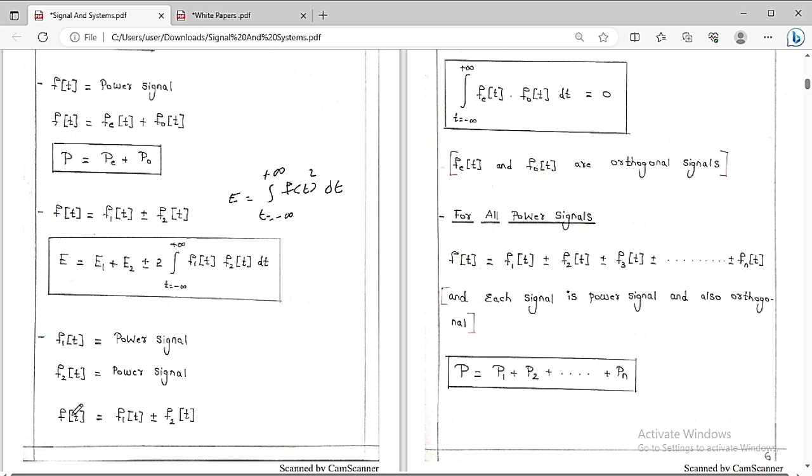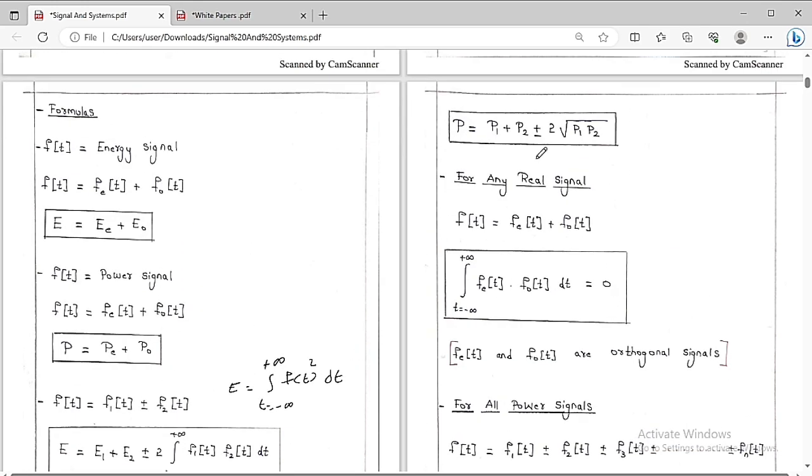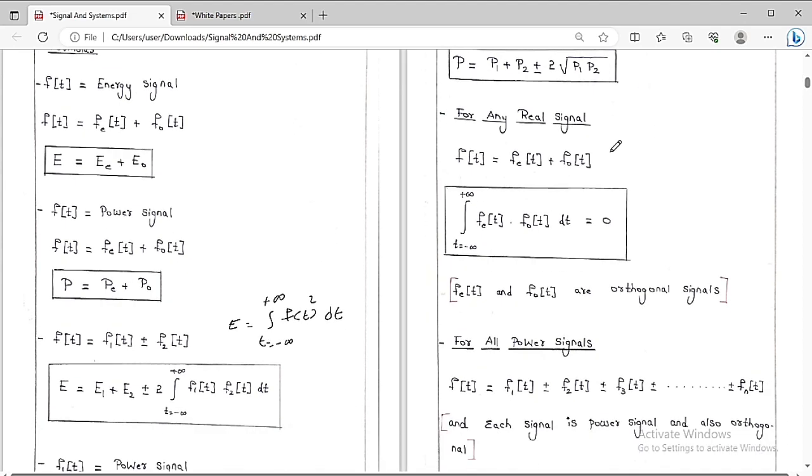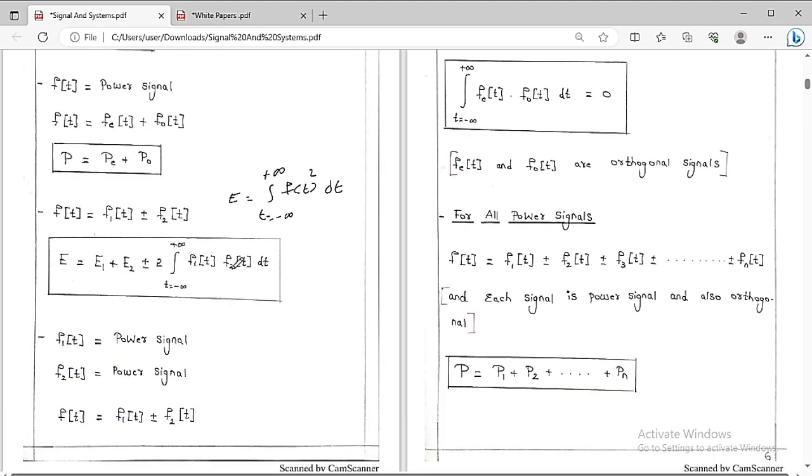If you want to find the overall power present in f of t, it is equal to p1 plus p2 plus or minus 2 into under root of p1 p2. So p is equal to p1 plus p2 plus or minus 2 into under root of p1 p2. This point you always have to keep in your mind. Similarly, in this concept, if f1 of t is an energy signal and f2 of t is also an energy signal,